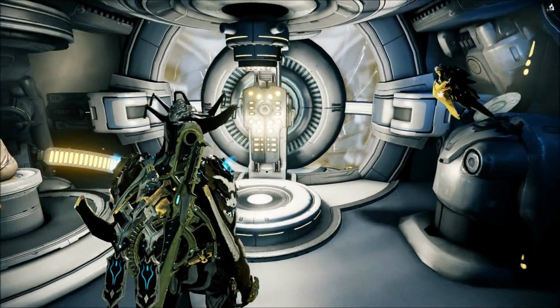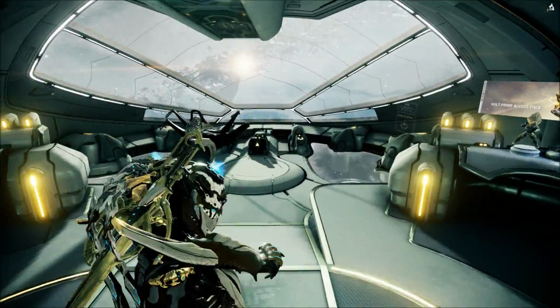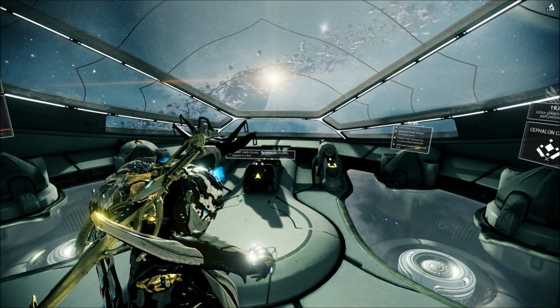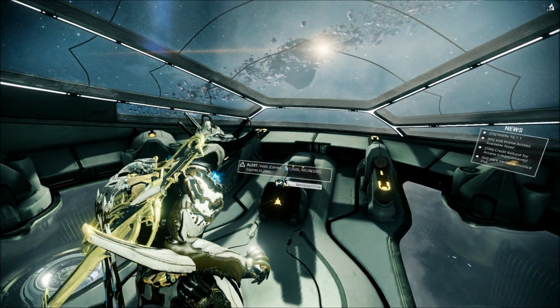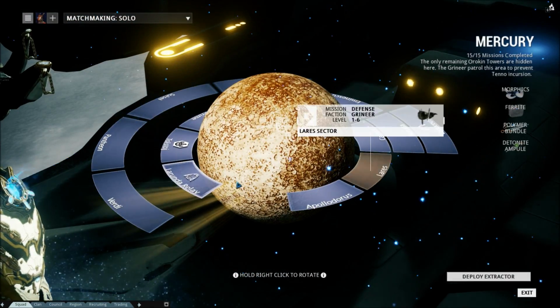But that is the first part of this build. The other part of this build is harder to show because it is for group environments where you're just constantly casting your 4 and disarming everyone. But I'll show the basic way that it works. Like, let's go...